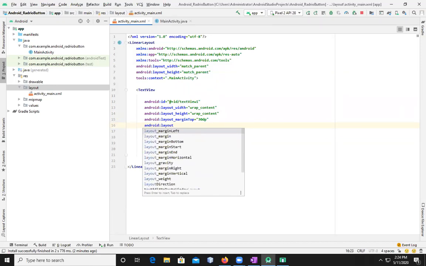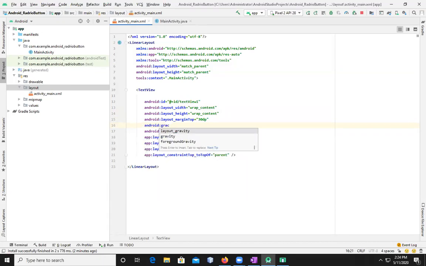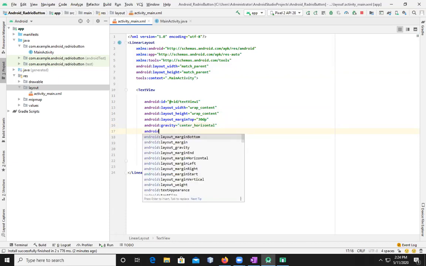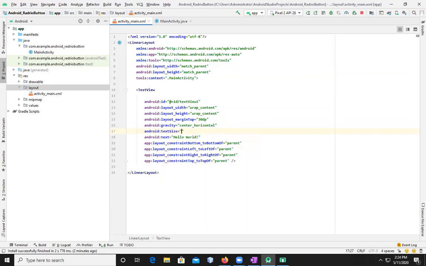Android gravity. Gravity will be center_horizontal. That's it. And then android:textSize, which is going to be 20dp,